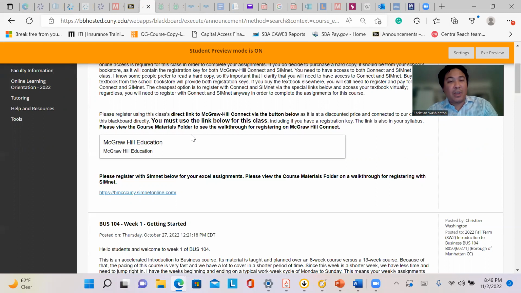So once you register with Connect, and there's a fee for that, you have access to the textbook online, and you can do all of your assignments through Connect. All the assignments are done through Connect. It's through that link. So if you click on this link, it's going to bring you to Connect. And when you do that, and we're going to click on it,